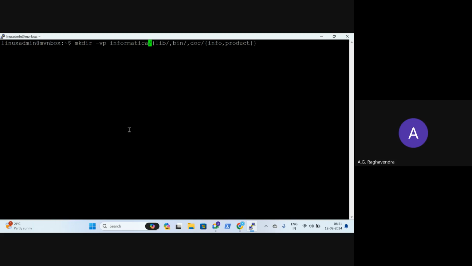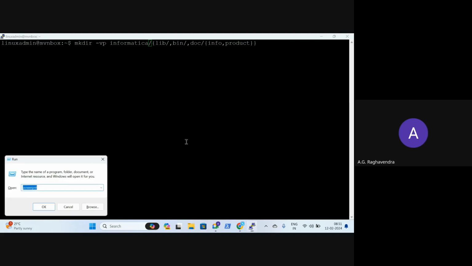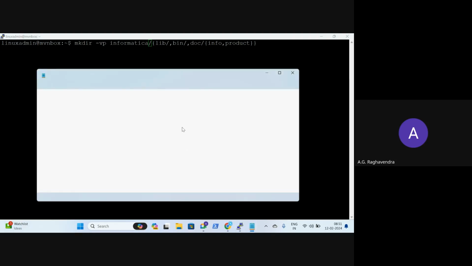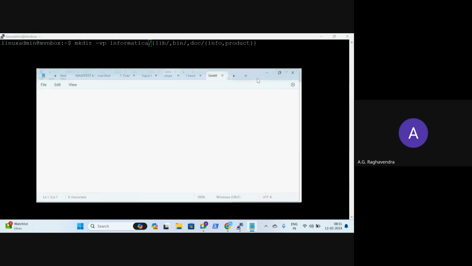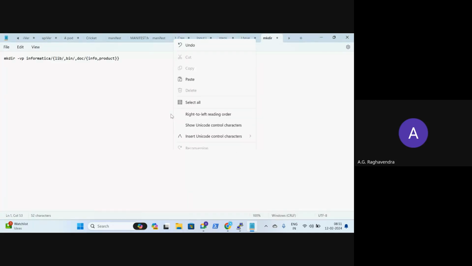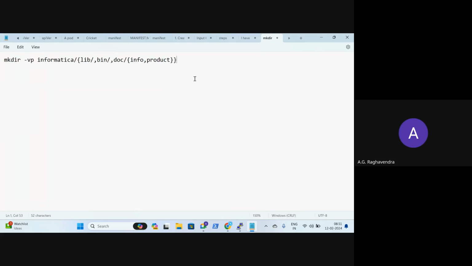Let me tell you what this one is going to do. It's going to create a folder called Informatica, right? Under Informatica, it is going to create a folder called lib.